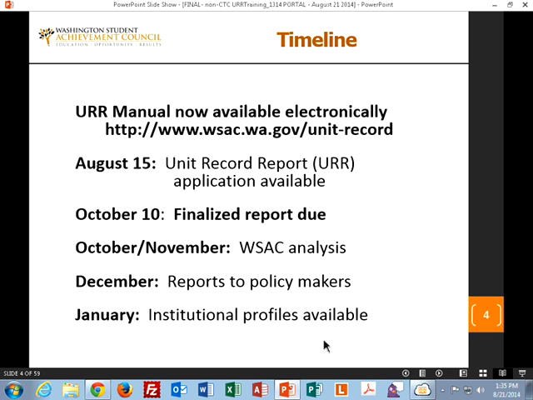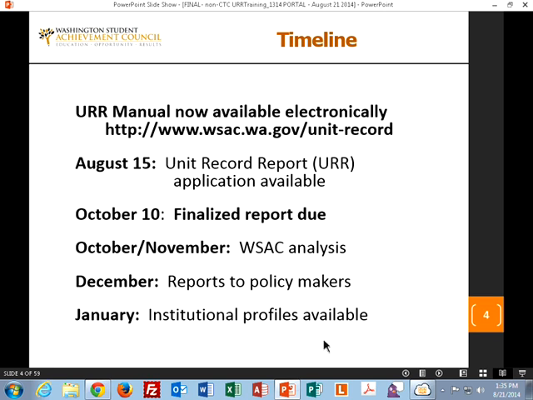August 15th was the date that the Unit Record Report was first available. Since you're all on the phone, probably none of you have started yours yet, and that's understandable, but we want to let you know that we have had 2 colleges already complete the entire process. In fact, they were so anxious to do it, they started on the 15th of August and remarkably completed it, submitted it on August 15th as well. So they've been able to check that off the list right now, although we still have review that we'll be doing.